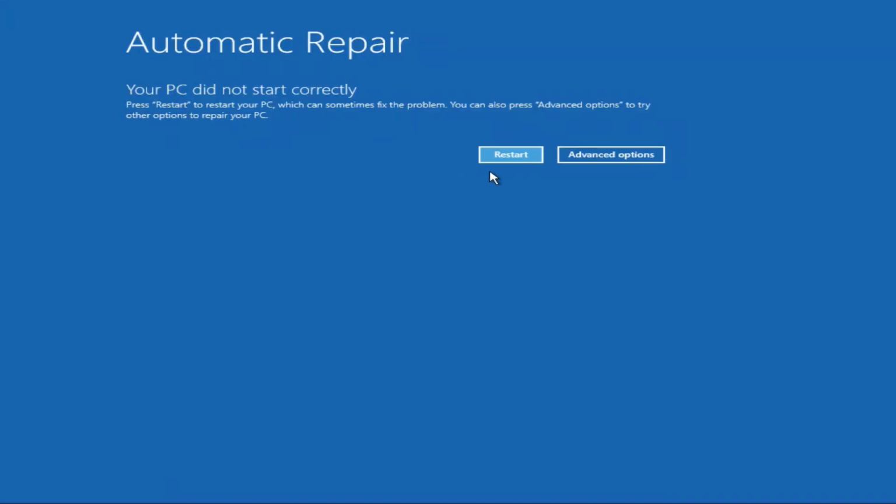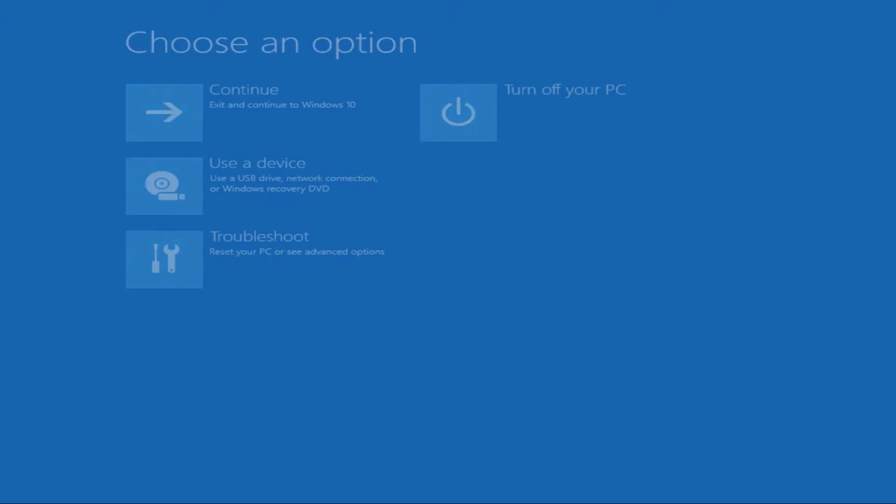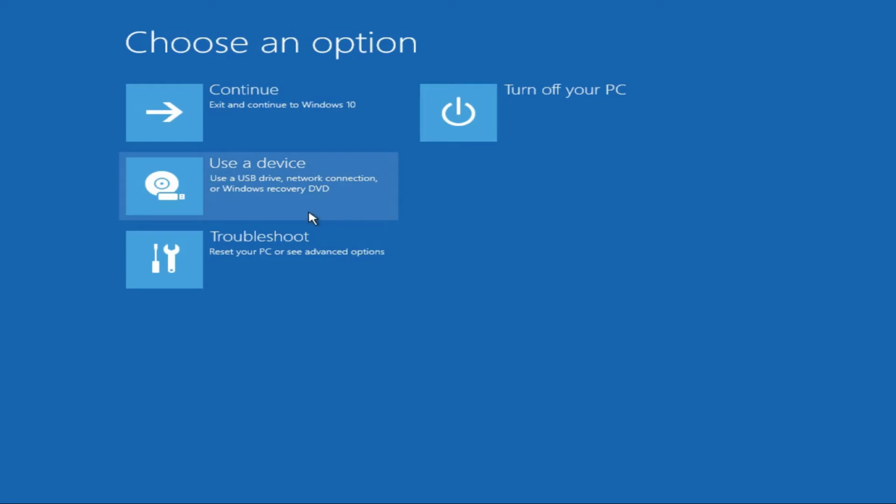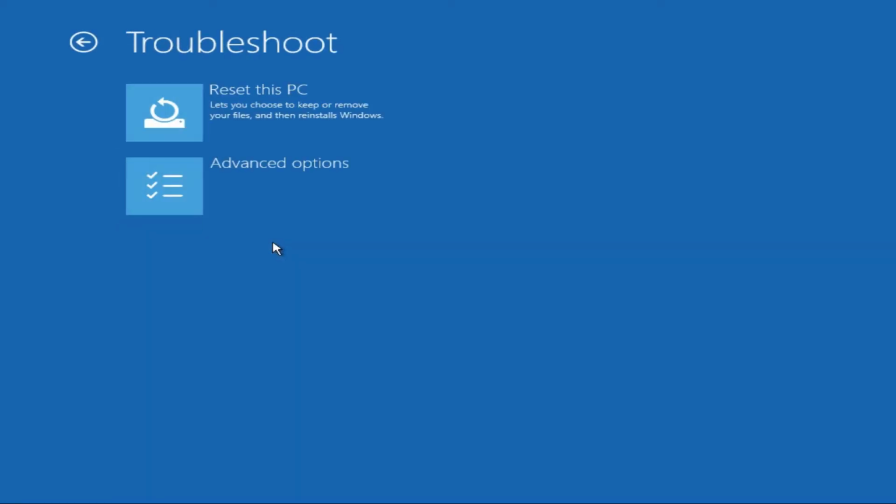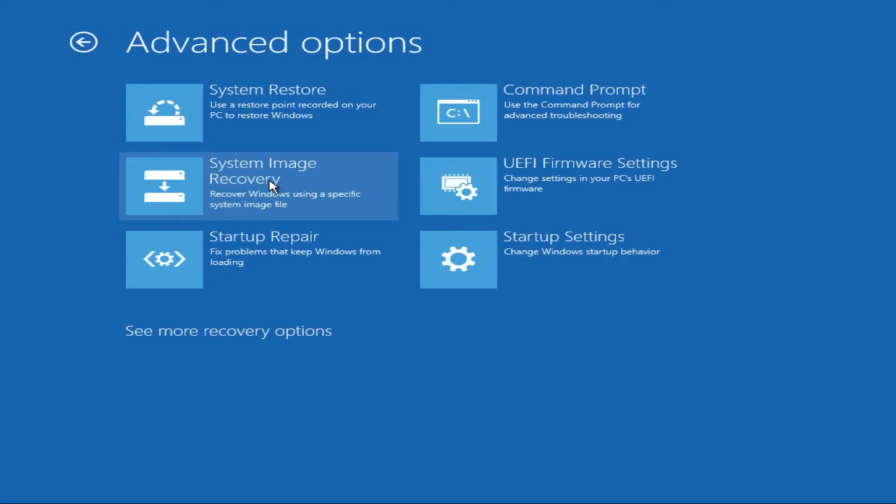You can see here preparing automatic repair. Here you can see the troubleshoot button. Click on it, go to advanced options, and here you can see system image recovery.